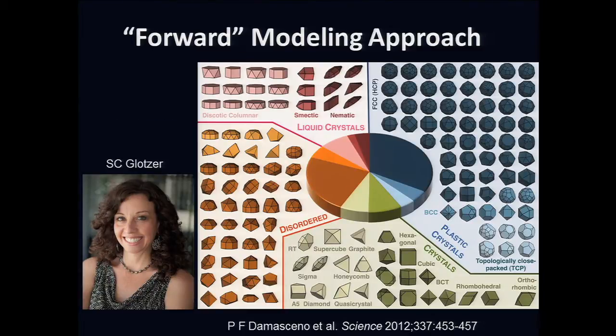And I'm not going to try to steal her thunder too much here, but I couldn't resist pulling this beautiful image from her science paper, which essentially says, look, you can actually now exhaustively categorize hundreds of shapes and, using statistical mechanics, map out the structures that they assemble into. And so we're now starting to build the sort of knowledge that allows you to design in assembly by shape